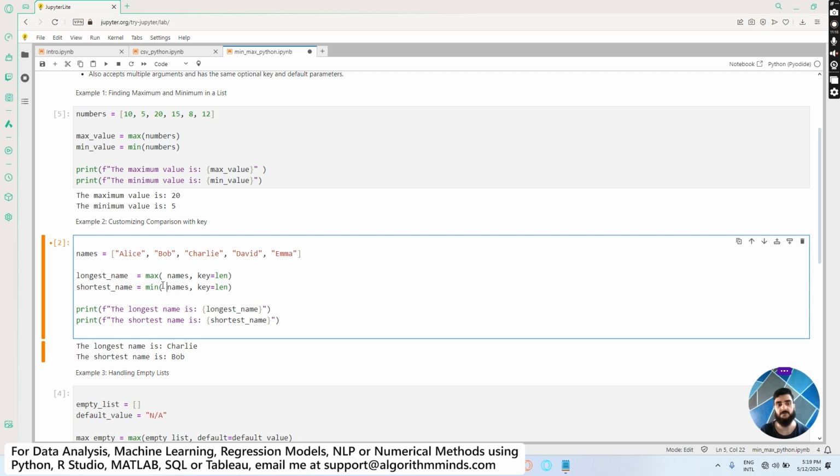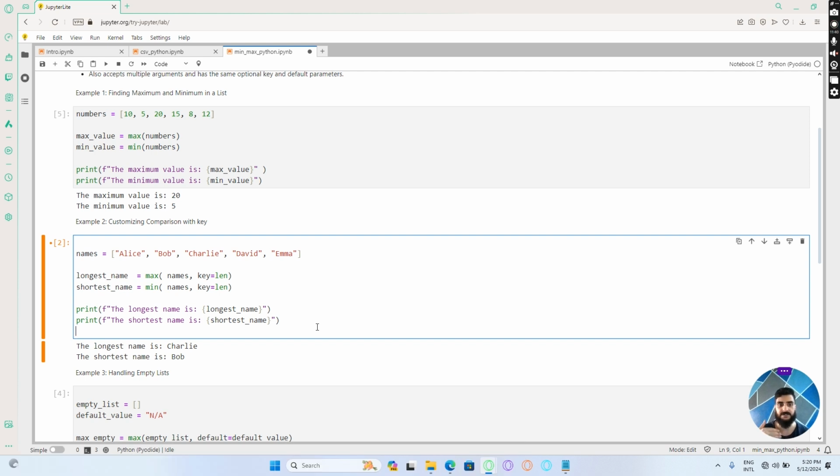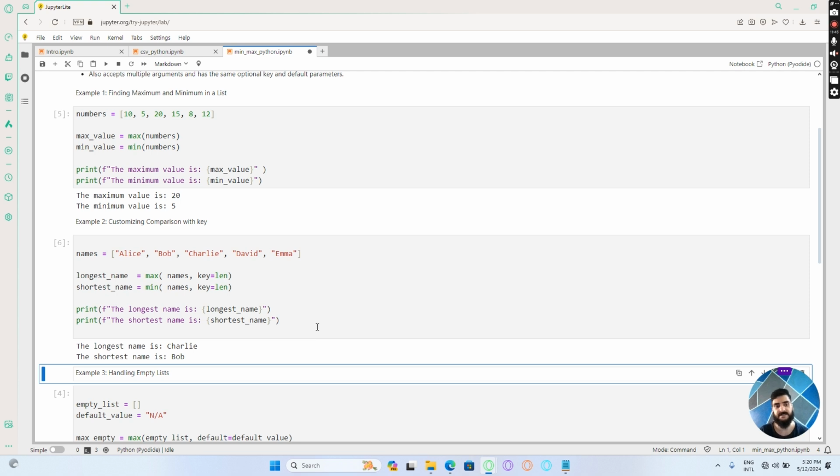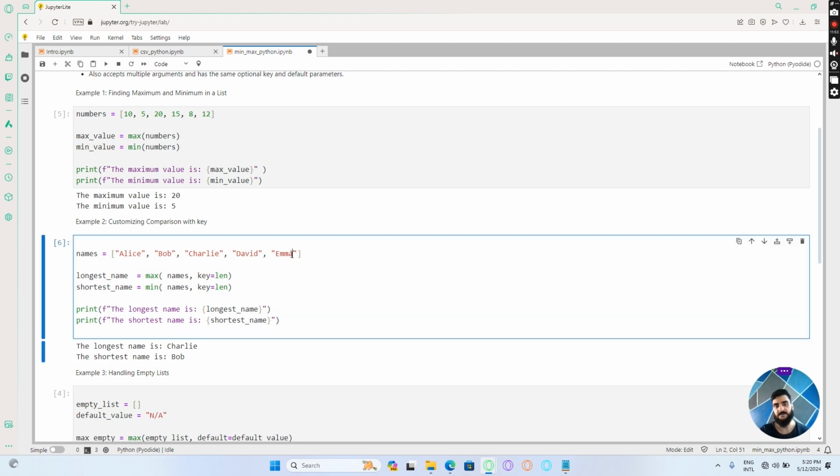That is quite different to numeric comparison, where the values are based on numbers, which one is the highest or lowest. And once I have extracted the name that has the highest number of characters and the one that has the lowest number of characters, I will use the same print function, then the f-string method, and display the values dynamically. So once I have done that, let me just run this section of code for you. Now you can see that Charlie has the highest character length, and Bob has the lowest character length. But what if I use Emma